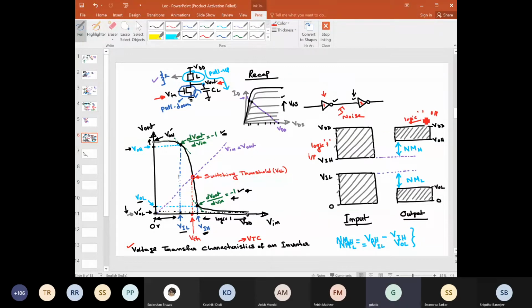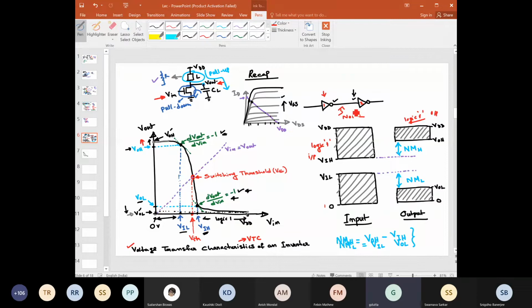See, for any case, it will be logic 1 only, right? Because it is VOH till here. So any case, it will be logic 1 only. This range, right? So similarly, you can see for this logic 0, for the input of this second inverter, any voltage from 0 till VIL can be considered as logic 0, right? Correspondingly, at this output side, any voltage from 0 till VOL will be considered as logic 0, right?